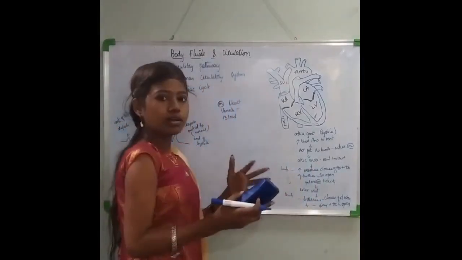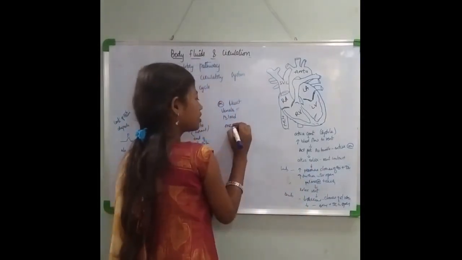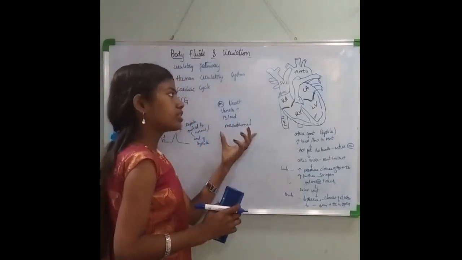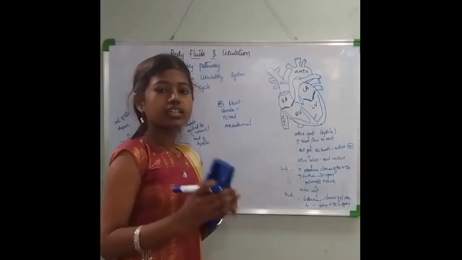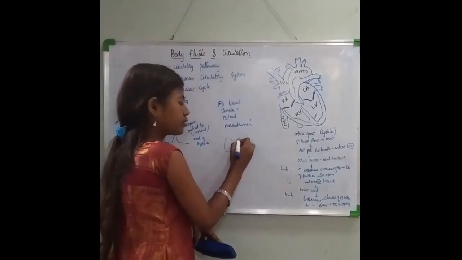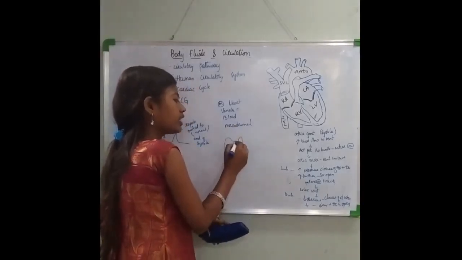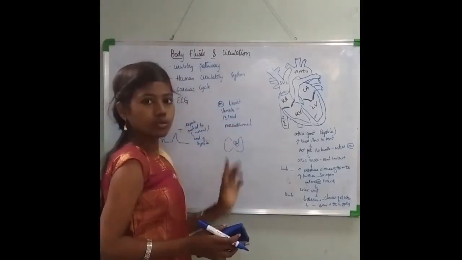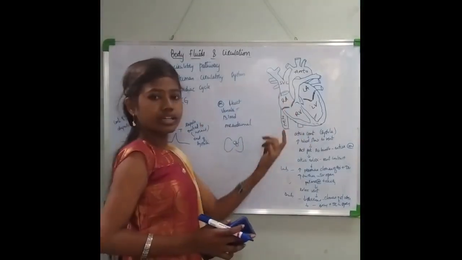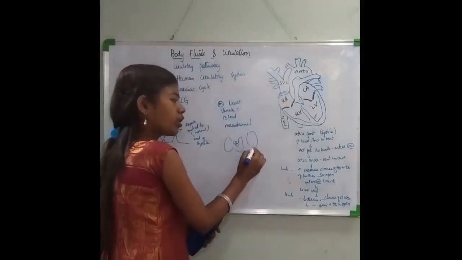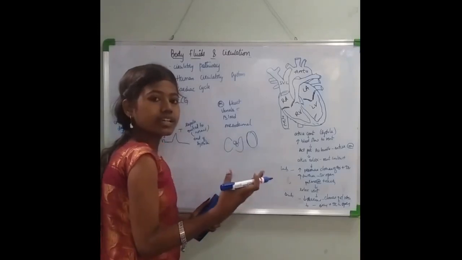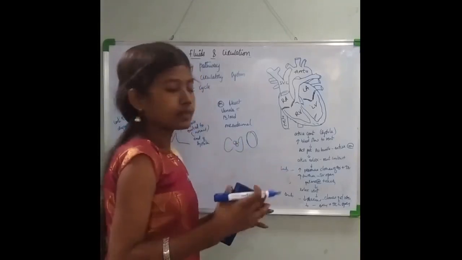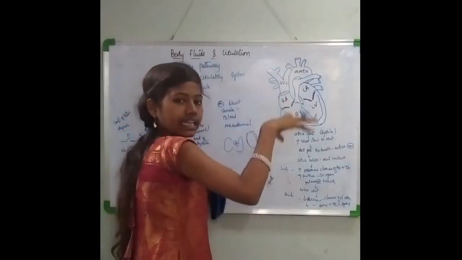When you talk about the human heart, it has a mesodermal origin first. Okay, it is derived from the mesoderm. Now this heart is situated in the thoracic cavity between the two lungs. Here you will have two lungs. Between these two lungs you will have the heart situated. The heart is very well protected by the pericardium, a double wall membrane. That is called the pericardial membrane, and between these two pericardial membranes you have pericardial fluid flowing in it. So that is about the heart and the outer covering.